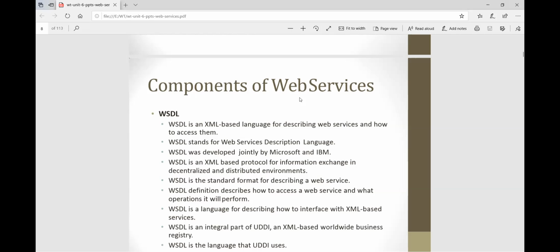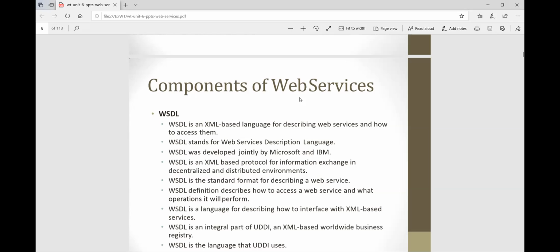It is a protocol for information exchange in decentralized and distributed environments. Decentralized means there is no client-server architecture. Distributed means different systems with various operating systems connect and communicate together, with no central server.